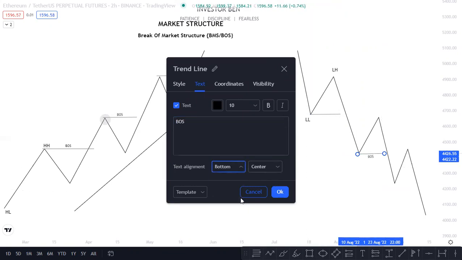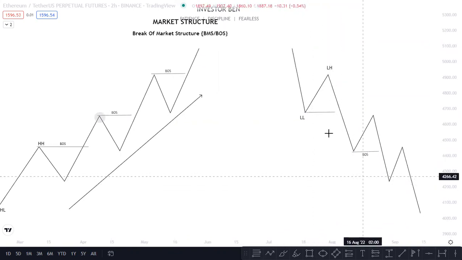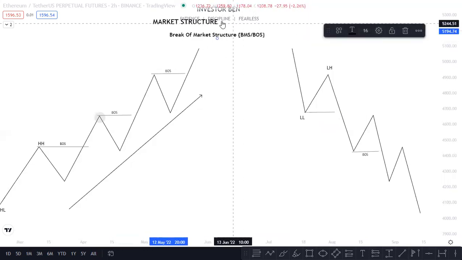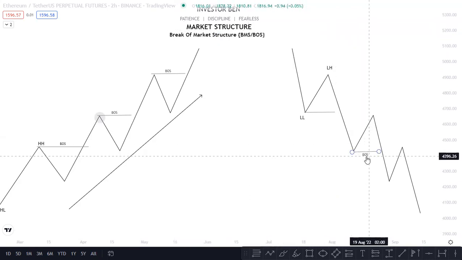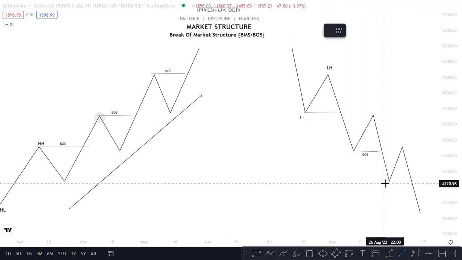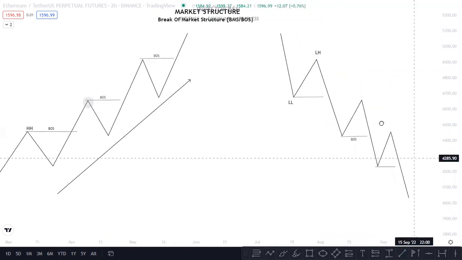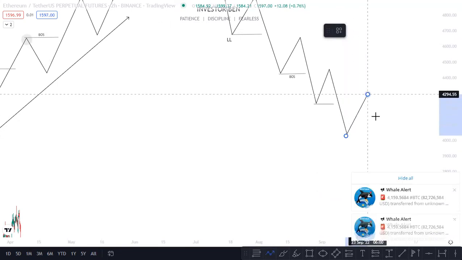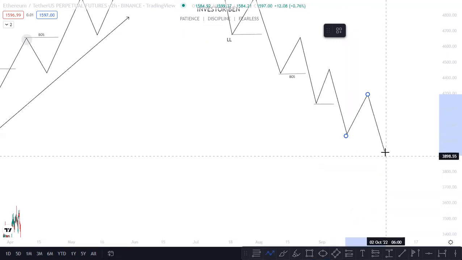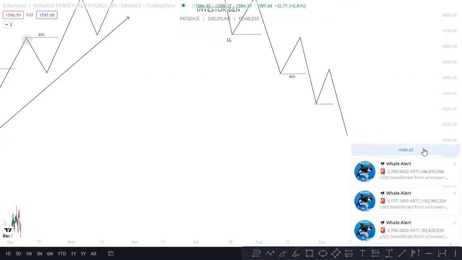So break of market structure, it indicates price continuation, right? So when we move to change of character, it indicates price reversals. Yeah, BOS indicates continuation in price. So you have your BOS at this point, a break of market structure at this point. As price keeps on breaking lows, the more the downtrend will continue forming, right? But then anytime we start forming new lows and we tend to form a new high, price will start reversing. But then I won't go into that tonight.